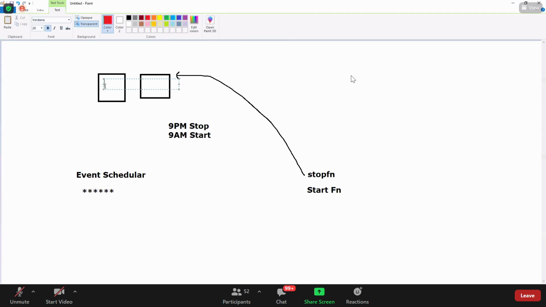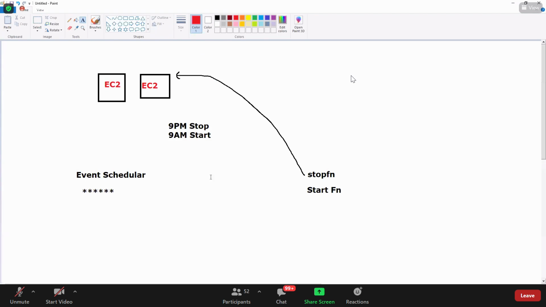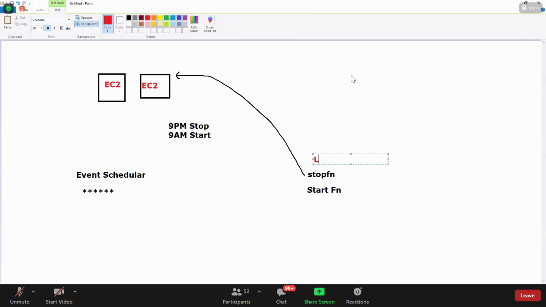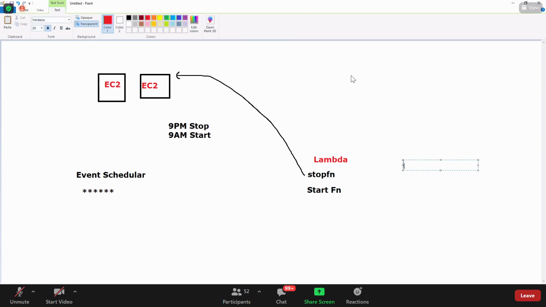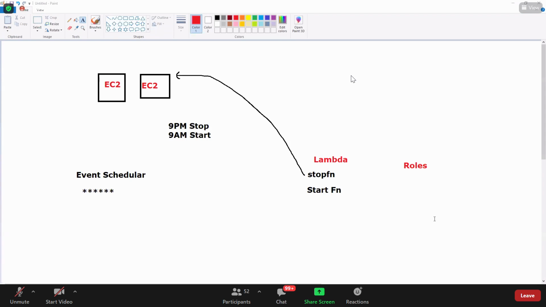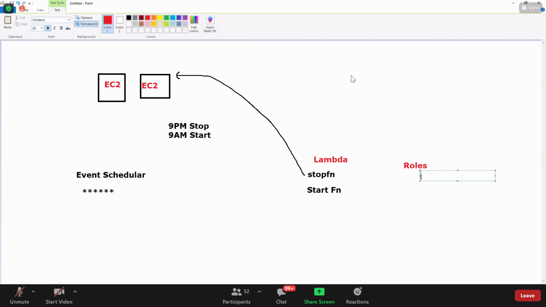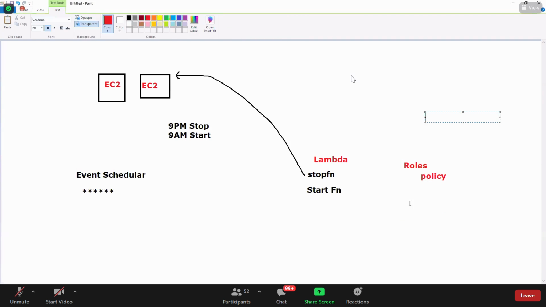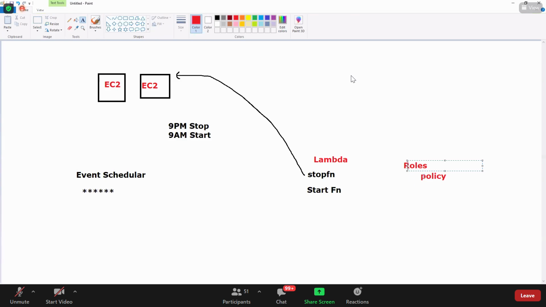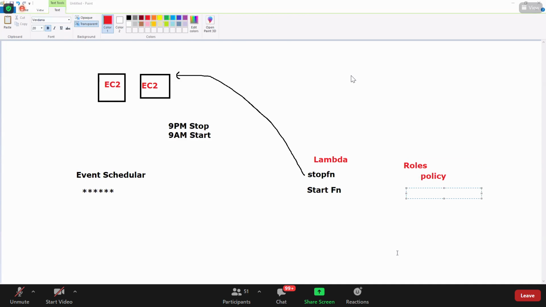Yes. So that means, guys, by default, will this Lambda function have access to stop the EC2 instance? No. What we need to do for that is give permissions to Lambda. How do we do it? Using roles. Role means we need to create a role, and we need to attach some policy here. So before creating the role, you need to create a policy. Do you agree? Because at the time of creating a role, you attach the policy. So we need to create a policy now, everyone.